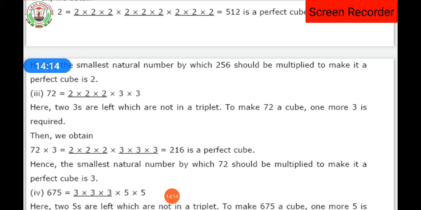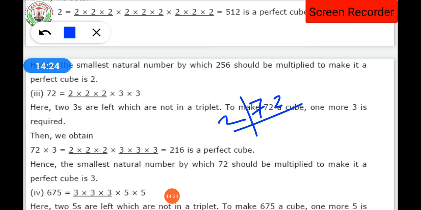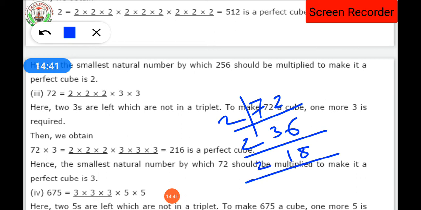Clear, everyone? Moving towards the third part of the question, we can see that here we have 72, isn't it? So with 72, what are we going to do first? We are going to find the factors of the number 72. Everybody knows how to find the factors? So 72 in the table of 2, how many times does it go? 3 times 6, 1 carries 36, isn't it? 2 again, 16 it becomes, 8 times. Now again 2, 9 times. Now 3 and 3, isn't it? Now you can see that the factors of 72 are 2 into 2 into 2 into 3 into 3.